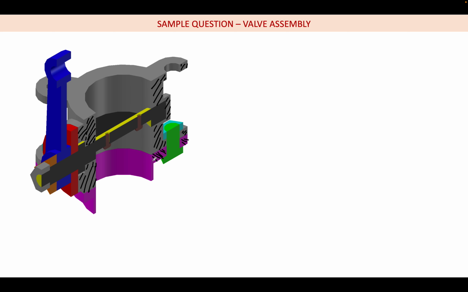So here, for the purpose of convenience, I am able to visualize the 3D model, but when you are solving the assignment you need to be able to visualize mentally how it is going to look. That will be slightly difficult, but with some practice you will be able to do it. Okay,